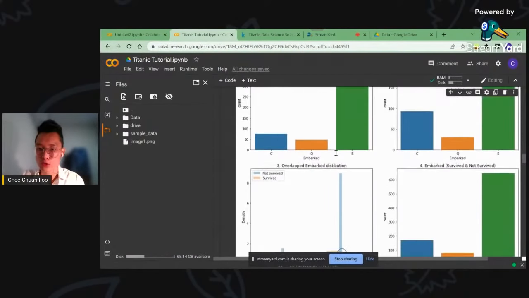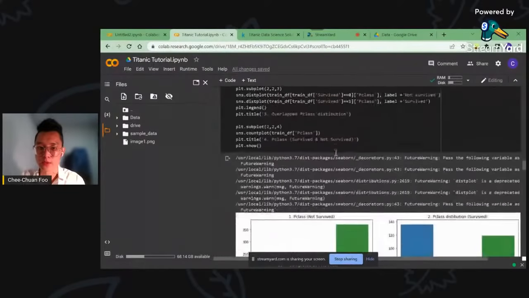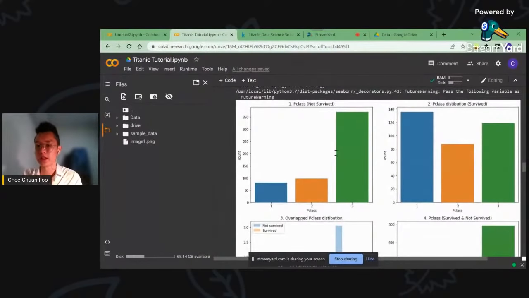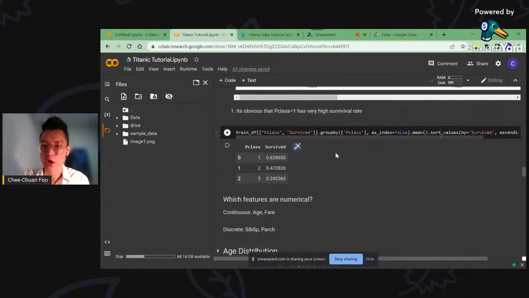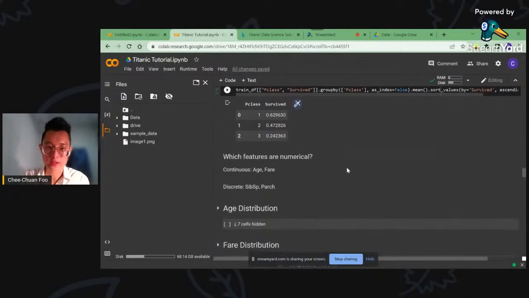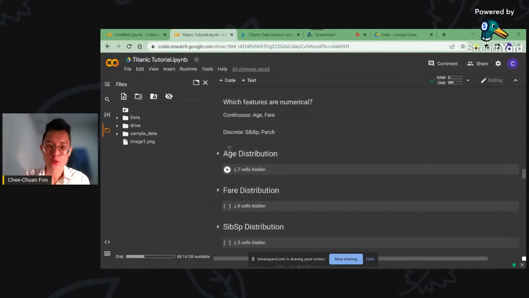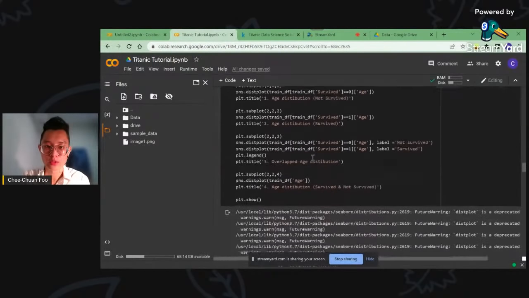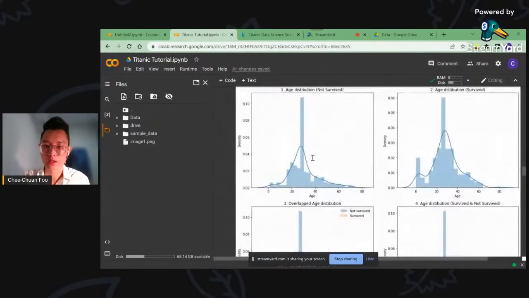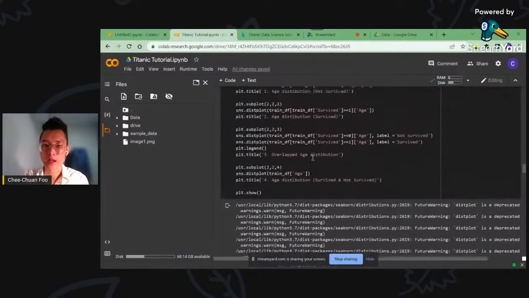If you scroll through all of this, the process is identical, right? The code is identical. The only thing that changed is the column names. So we run all of this through the same ways until